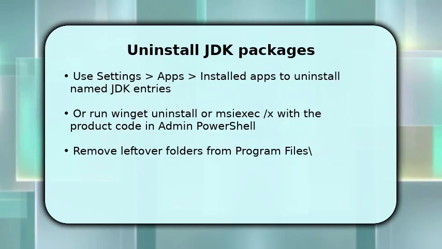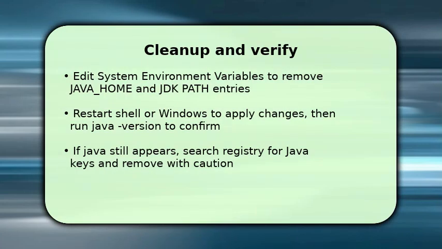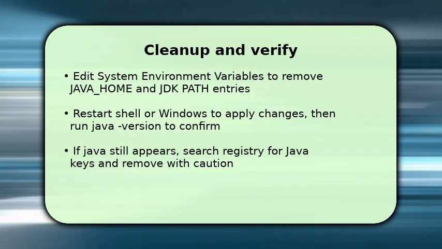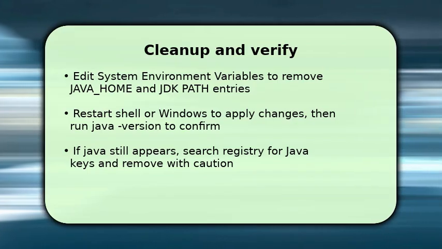stale libraries and reduce clutter. You finish by cleaning environment variables and verifying removal so other tools stop referencing Java. Open System Environment Variables, remove Java Home and any JDK paths from Path, and save. This prevents orphaned references. Then restart your terminal or reboot Windows to apply changes and run Java version to confirm no Java runtime exists. If Java still appears, make sure to search the registry for Java-related keys and remove them carefully. Be cautious, because incorrect registry edits